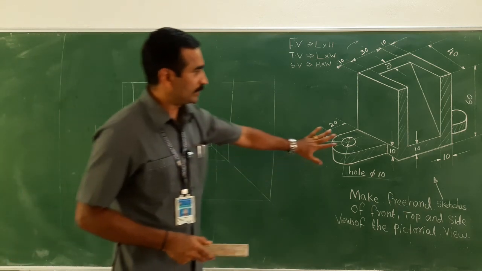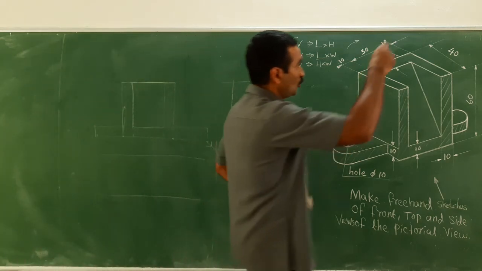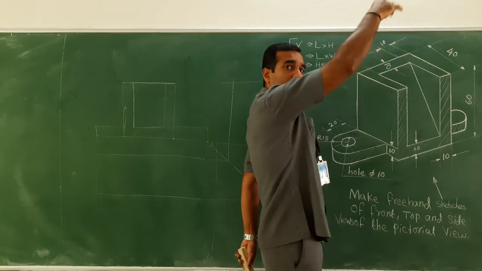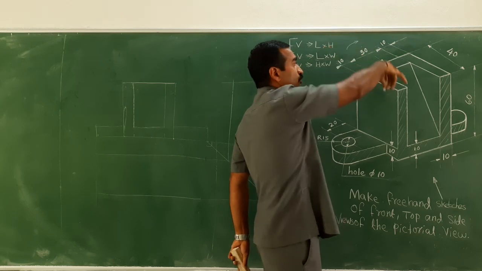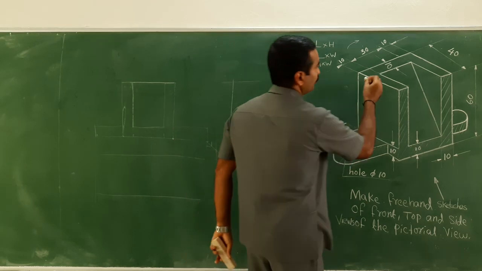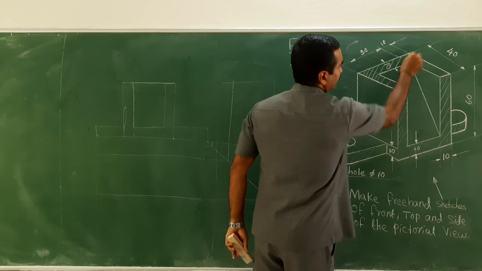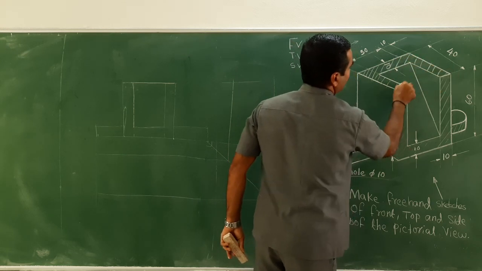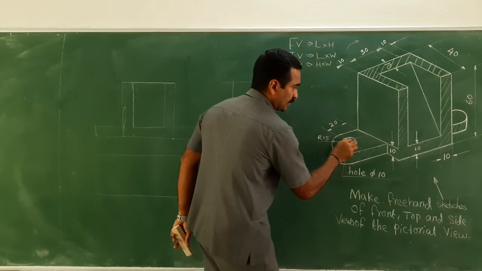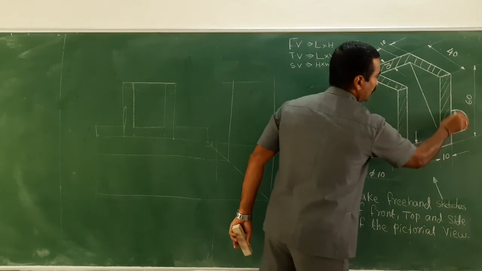I have completed here. Now let me just move to the top view. Now I am going to look at the object from the top of this object orthogonally, orthogonal to the object and looking from the top. When you are looking from the top, I could see this C portion, isn't it? This C portion would be visible and this portion, this circle and this semicircle would be visible. Similarly, for the right side, this would be visible.